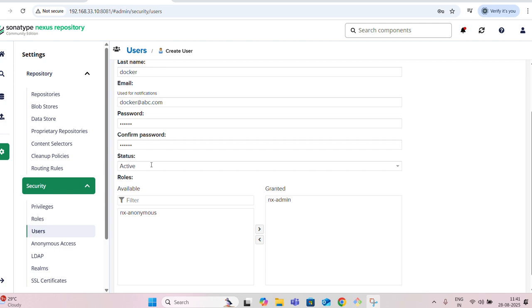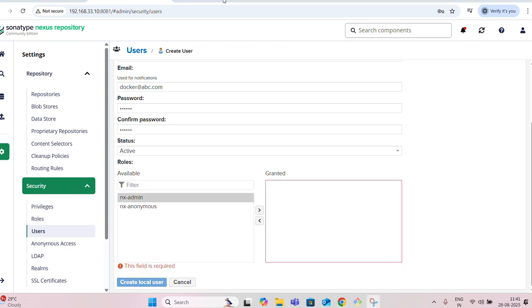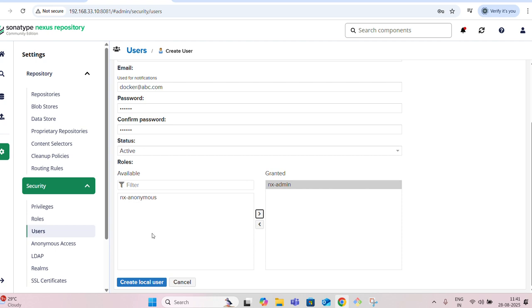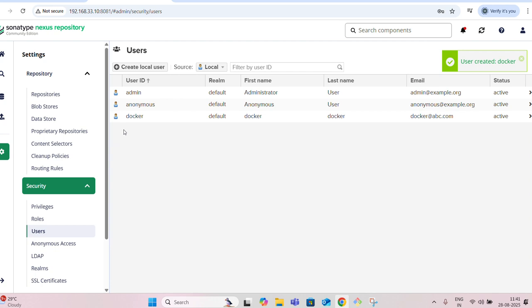I will give the status active, and by default the Nexus role is here. You have to move this Nexus role to this side. You can select it and just apply. After that, you can create the local user. So the user is successfully created.